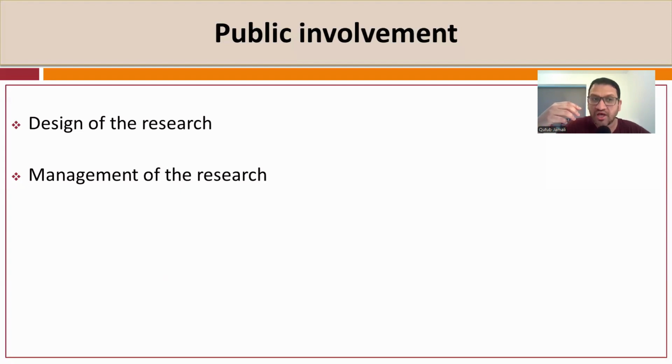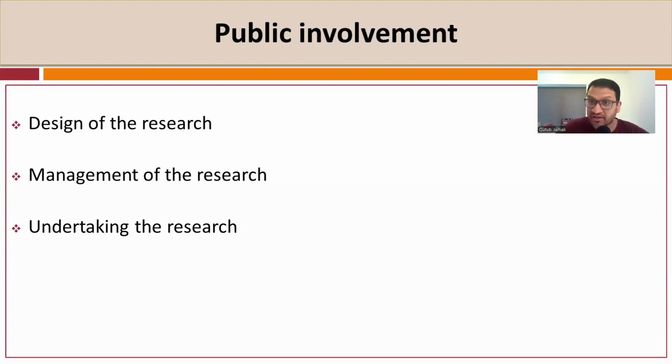And even when it comes to recruitment, another example is, say, if you're working on dementia, for example, and you want to recruit participants, but you want to know how important this study is to the general public. Your target audience could be family members, where in that family they've got somebody with dementia, so they would want to know more about this. So maybe you can include family and friends of somebody who is suffering from dementia. You need to know who your target audience are, and then you talk about your study.